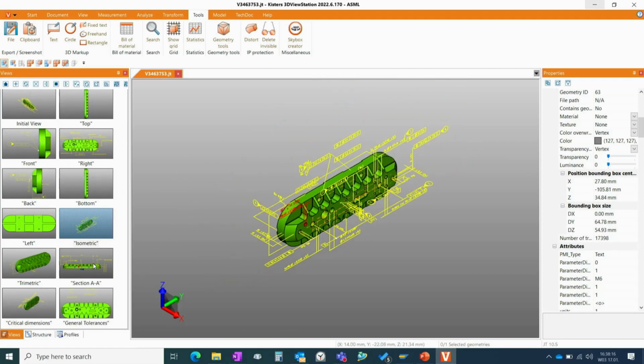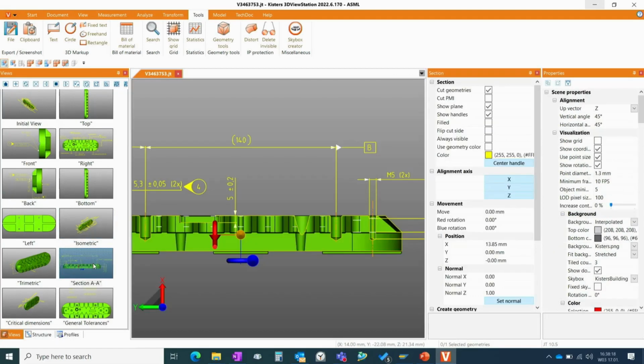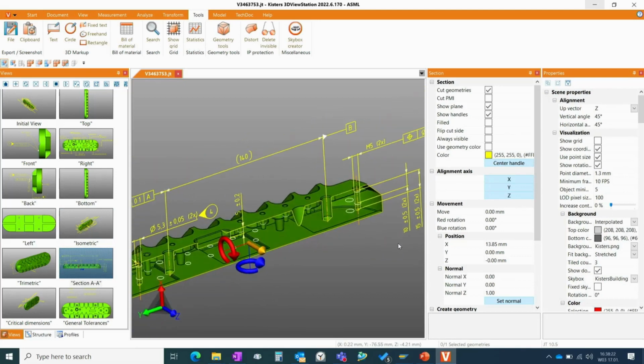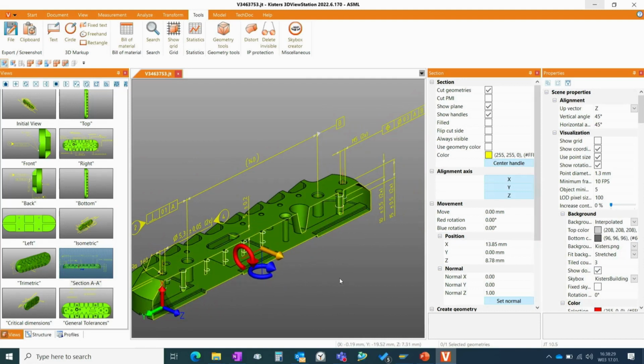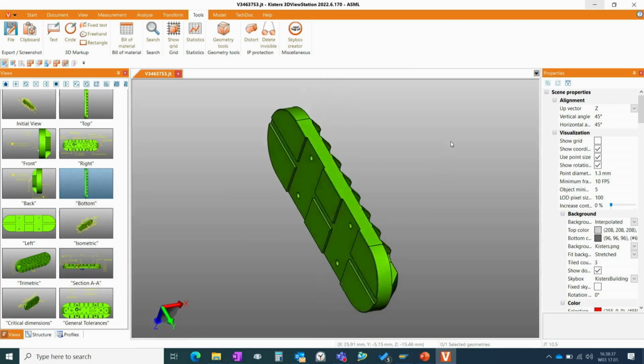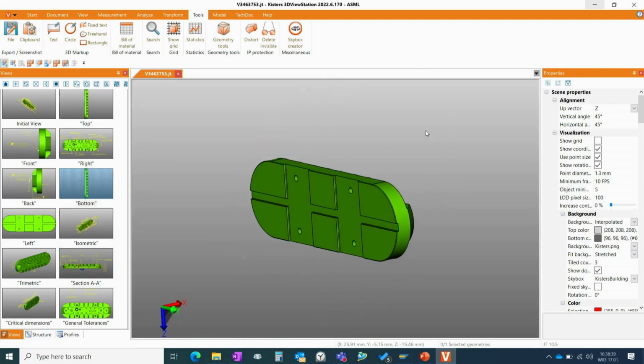Normally most of the JT files already contain some section views. It's a predefined section by the designer. You can also manipulate the section plane a little bit. But if you want to do your own section, it's of course also possible. Then you just, let's pick one empty model, not to get distracted by the PMI. And then let's go to the